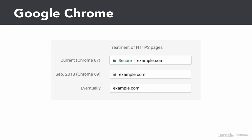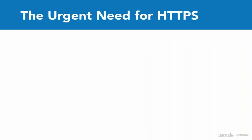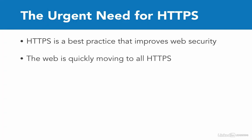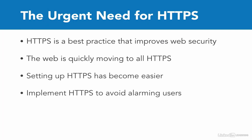So that's what's going to happen. It's going to happen to your users. So it's very important that you implement HTTPS as soon as possible. It's a best practice that improves web security. The web is quickly moving to all HTTPS. Setting it up has never been easier. And at the same time, it's important for us to do it because if we don't, your users are going to start being alarmed by the